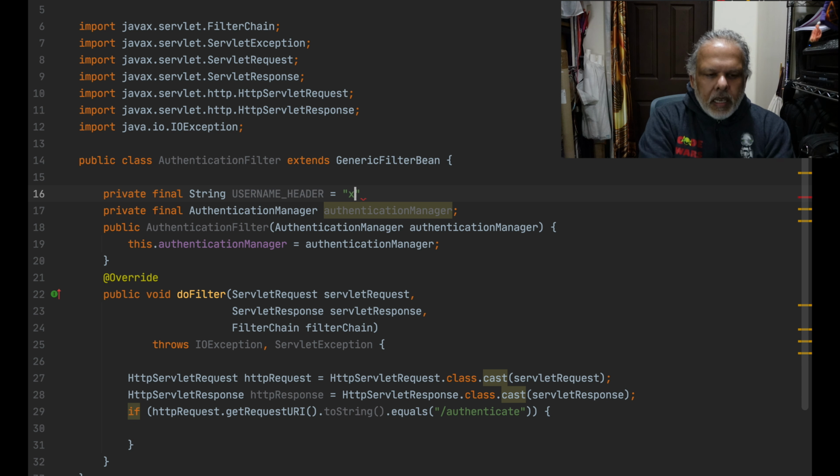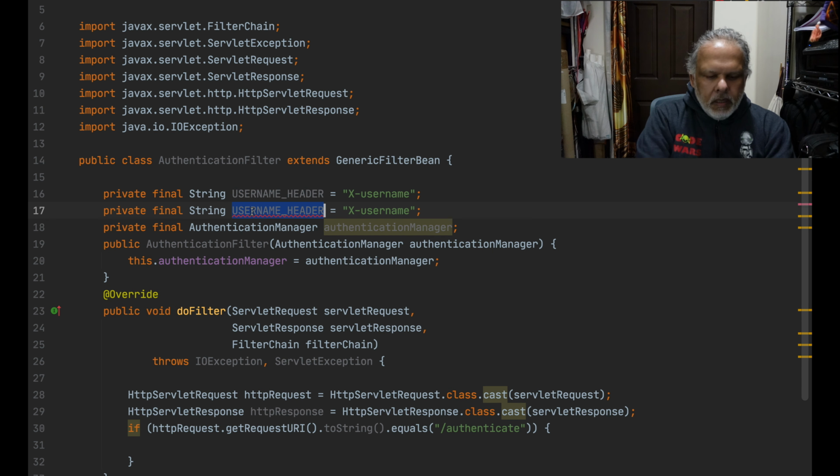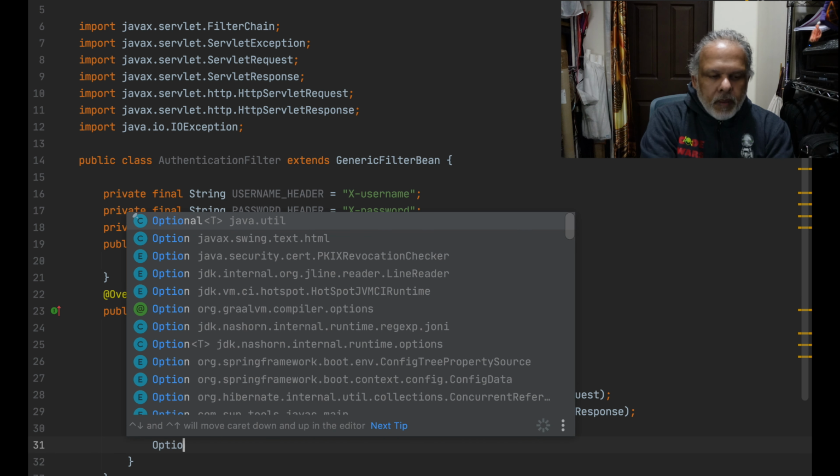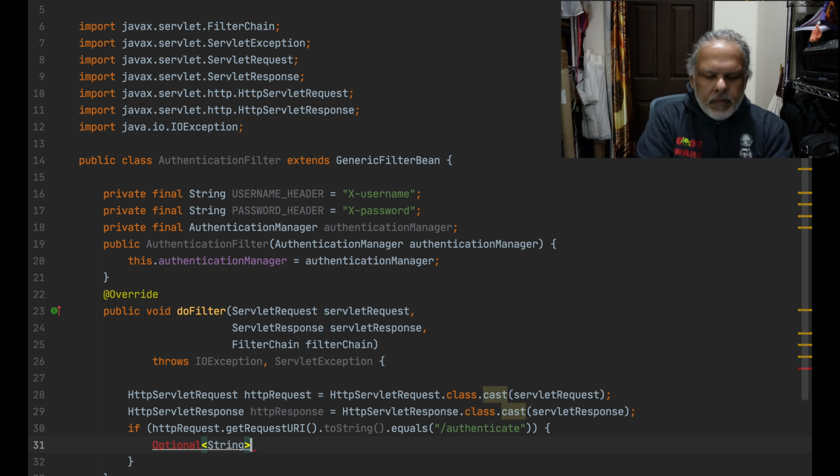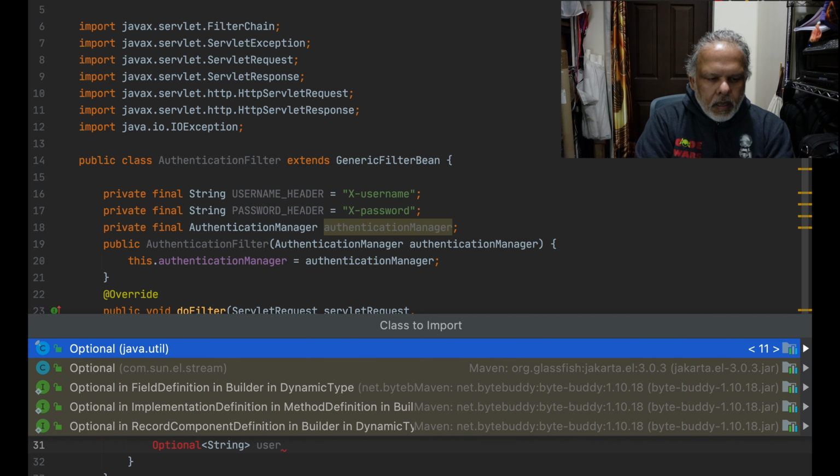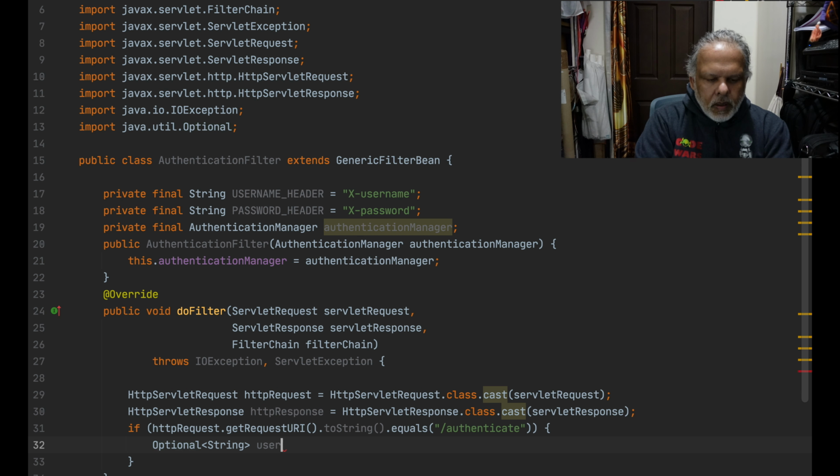Let's say it looks like x-username, and let's say we have a password header, and let's say this is called x-password. So now we pull out both the headers. How do we do that? Optional string username equal to,